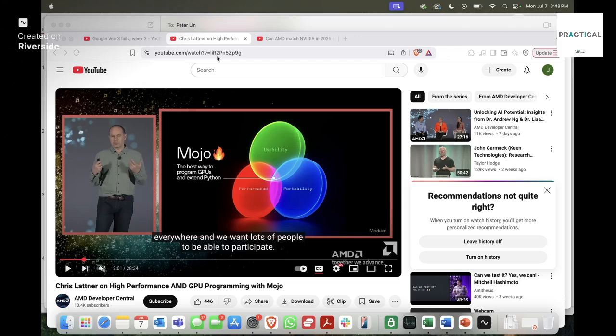So AMD actually didn't build this. This is Mojo, which is a language created by Chris Lattner. He's famous for LLVM and the Swift language, and LLVM is used by Rust and a couple of other popular languages. So he's not part of AMD. He used to lead the Swift language development at Apple. He left and then worked at Google for a couple of years